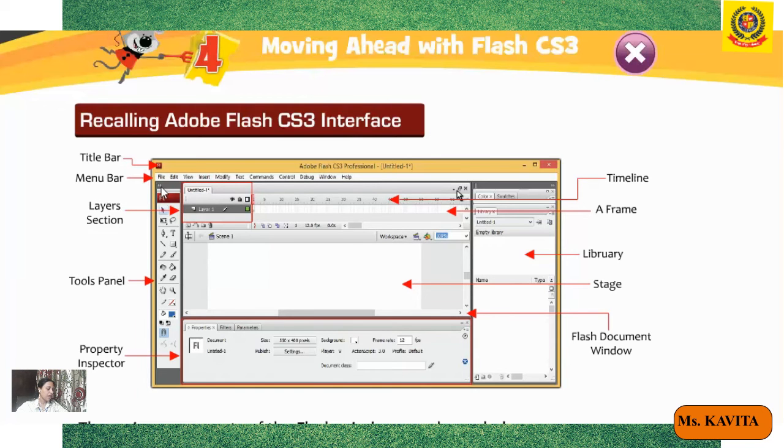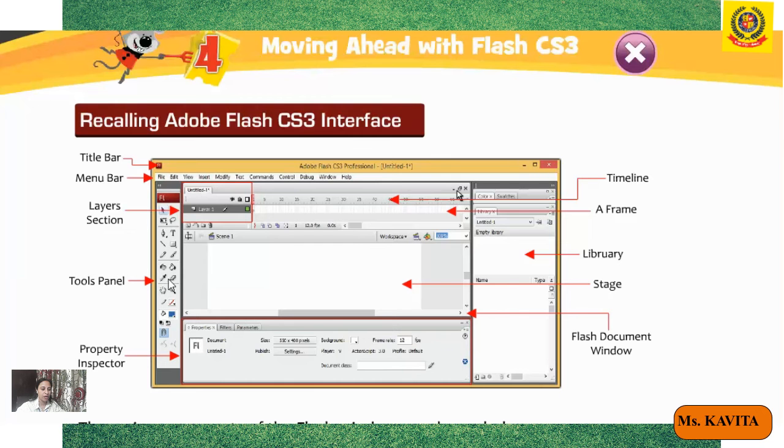Next, recalling the Adobe Flash CS3 interface. Adobe Flash is a popular animation software used for creating computer animation. You can open it by typing Adobe Flash CS3 Professional in the search box.